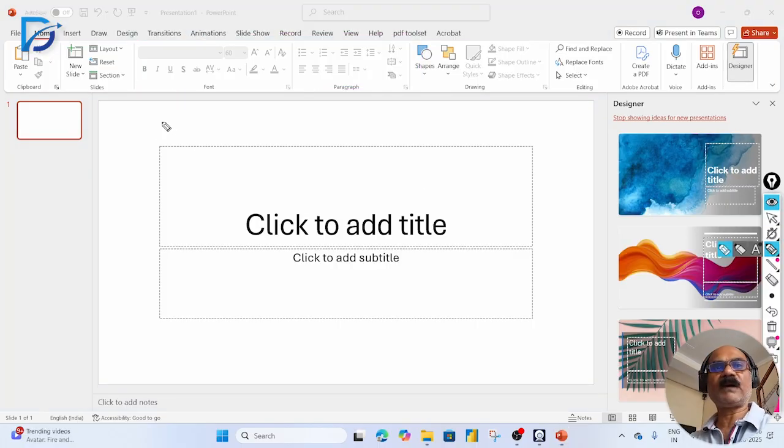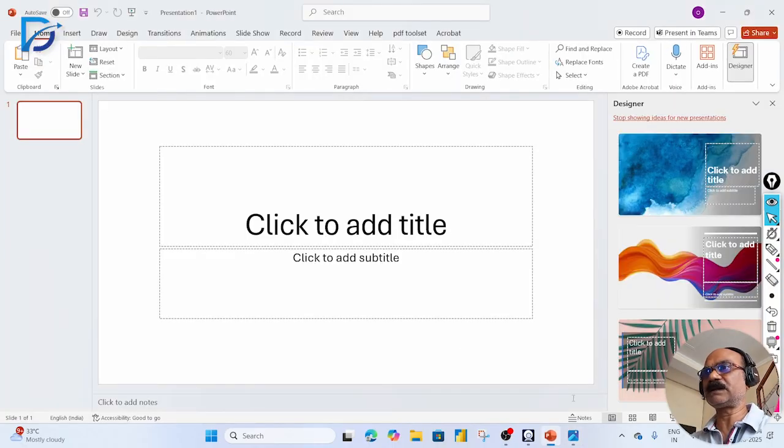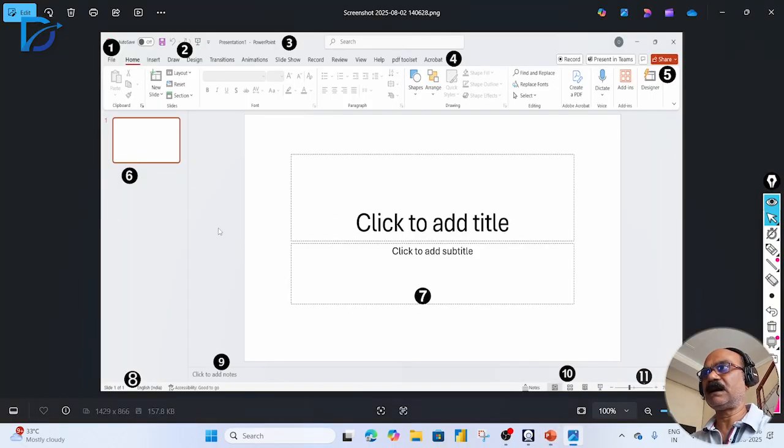Now this is the PowerPoint window. We must understand all the components in it. I have a snapshot of this window that we must cover with all its components. The same window I have here, but with numbers from 1 to 11. And these numbers are indicating the main commands or features